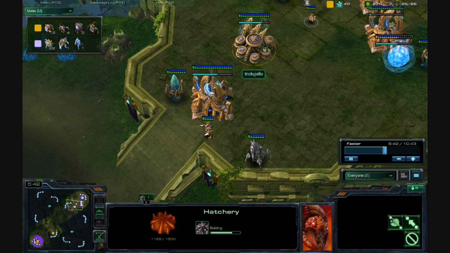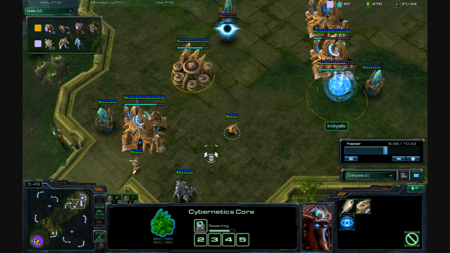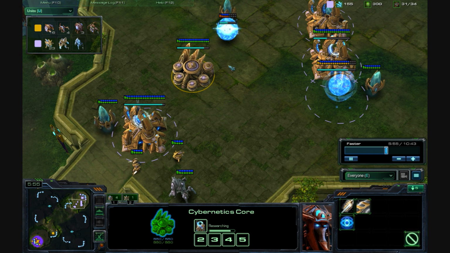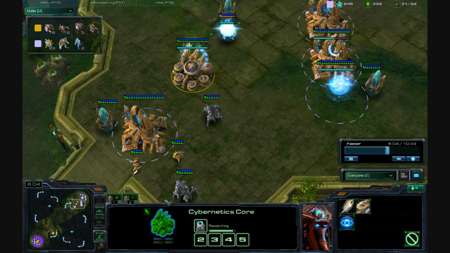and whatever else he adds over here, as well as the cybernetics core. Although the cybernetics core isn't really that important if he loses it, but he does have his other gateways back here, and just chilling with his probe. I don't know why, but he has his warp gate technology about to be finished. Nothing has really gone on. The 6-minute mark is usually the magic number